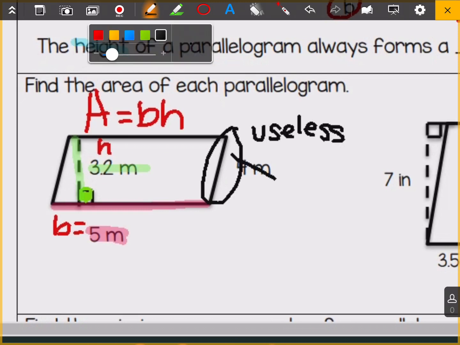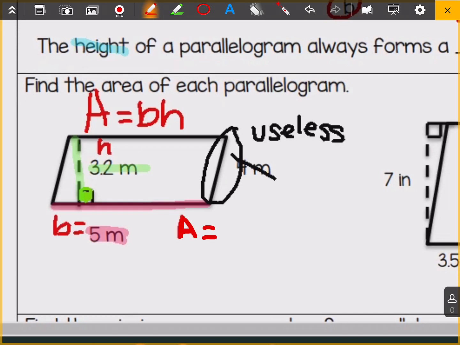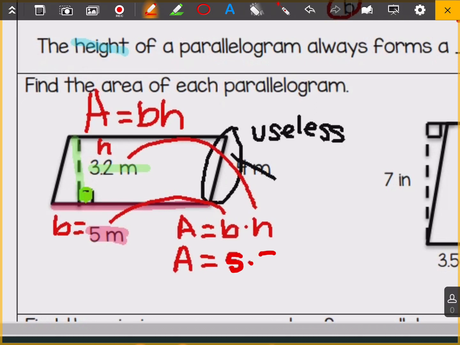So let's go ahead and try and solve this one. I'm going to rewrite my formula so I know exactly which one I'm working with. So base times height. I'm going to take the base 5 and plug it in for B, and I'm going to take the 3.2 for height and plug it in for H. So I'm going to rewrite my entire equation. A equals 5 times 3.2. When I multiply this out, I find that my area is equal to